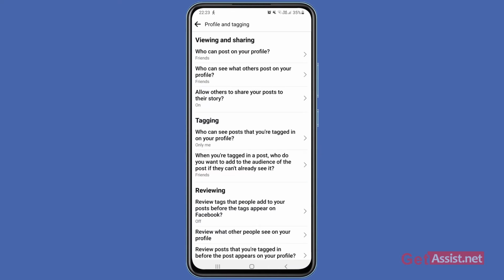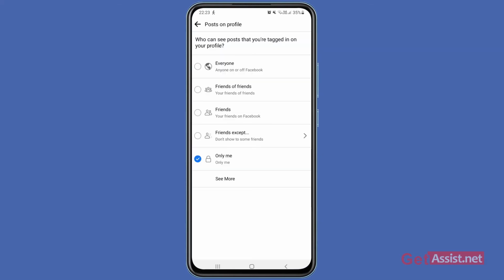Now to hide your tagged photos, you have to go for tagging section, where you will get the option who can see posts that you are tagged in on your profile. So if you want to hide the photos that you are tagged in on your Facebook profile, you have to set it as only me, so that no one else will be able to see those photos in which you